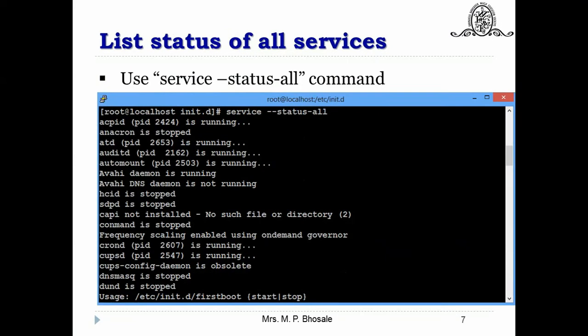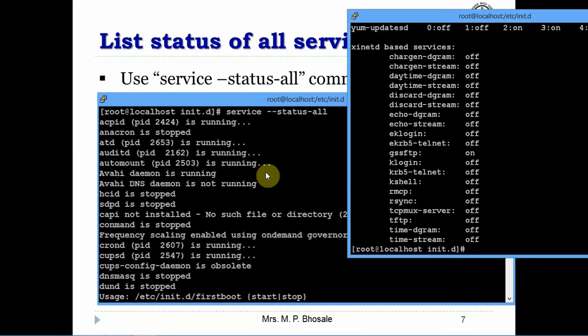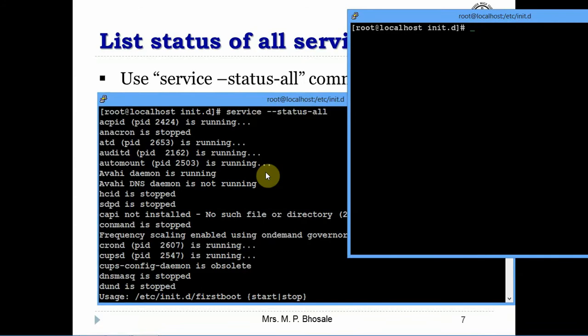Now how to list the status of all services? You can use the service --status-all command, and you will find out which services are running and which are not running. Let us execute this command. Once again I will clear the screen and write service --status-all.